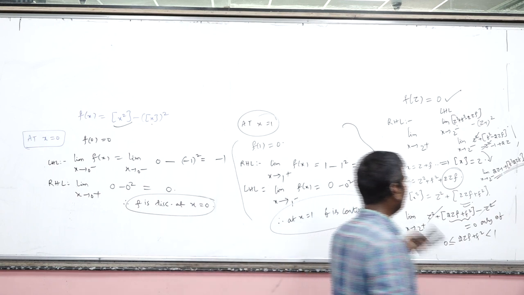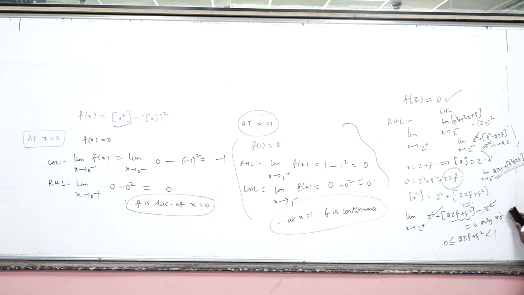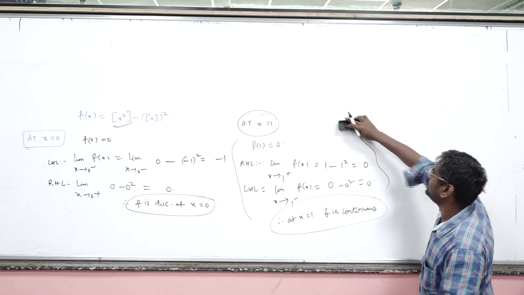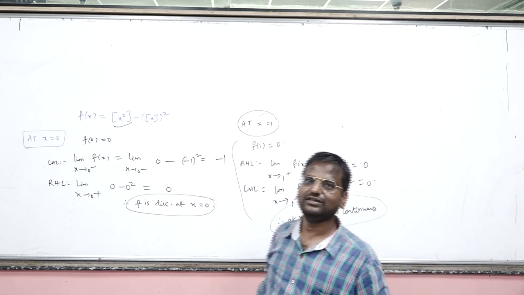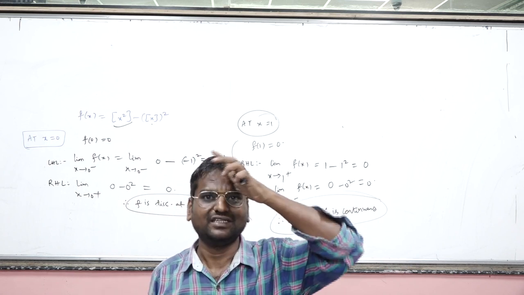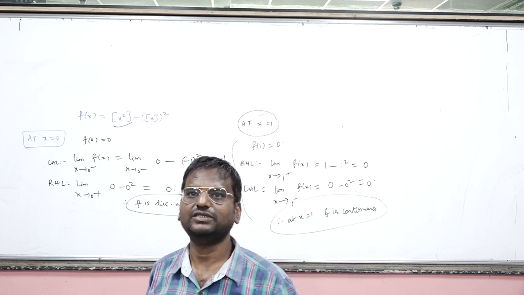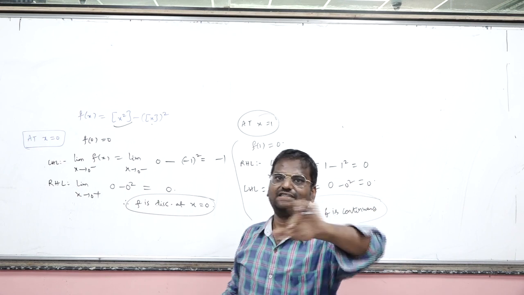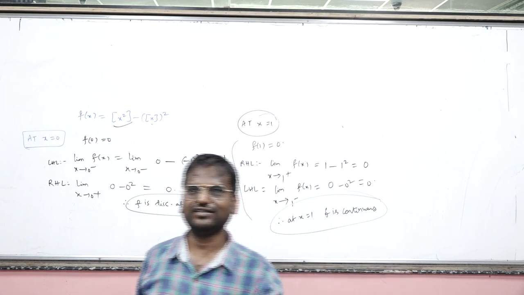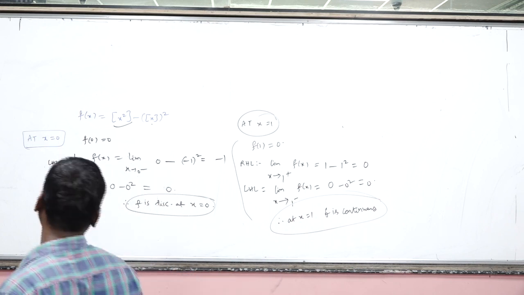But for any remaining integer, it all depends on the corresponding z values and the suitability of your f. That is why they asked only about continuity at x equal to 0 and continuity at x equal to 1. It was a multi-answer question. You can see 2 into 2, 4 options: continuous at this, not continuous at this, continuous at both, discontinuous at both, discontinuous here, continuous here, like that.